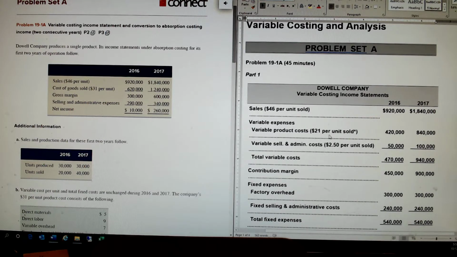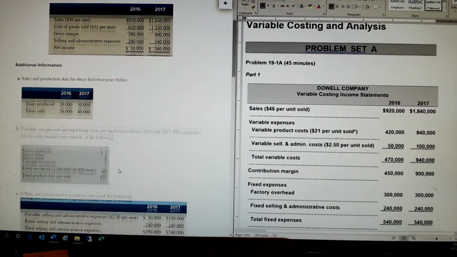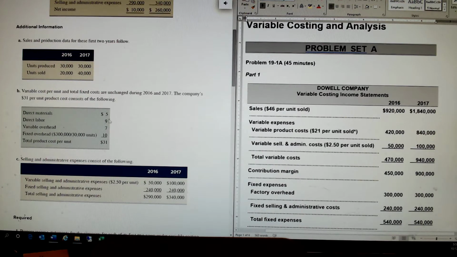The variable expenses under variable costing would be what? The variable product costs are only the direct materials, the labor, and the overhead. That's 5, 9, and 7. So that is $21 a piece. How many units did they sell in 2016? 20,000. So 20,000 at $21 a piece is 420,000. The variable selling and administrative expenses, which are $2.50 a piece, that's what they said here, times the 20,000 units is 50,000. So the total variable costs,